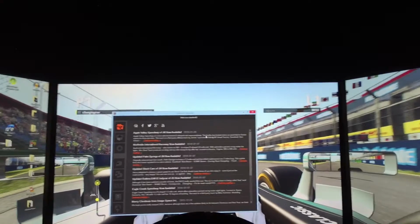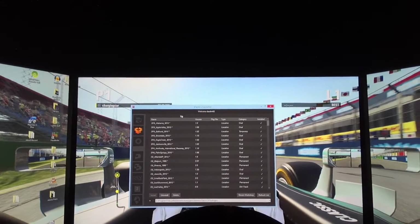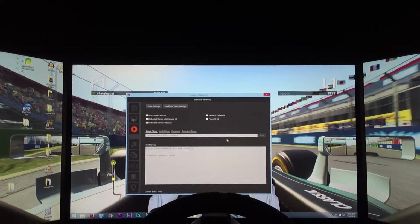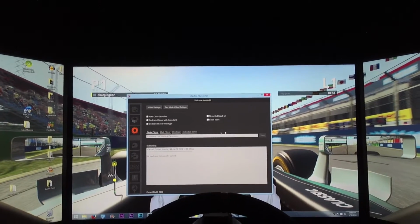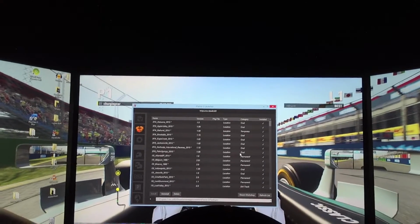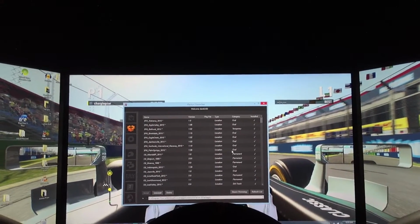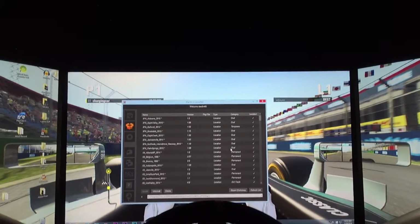It tells you all the new tracks that have come out. This is your download manager, which I'll get to in a minute. You've got a few settings; this is not game settings, this is just the launcher settings. So that's pretty cool. Now, Rfactor 2 has some base content, but the game thrives off of modding, the modding